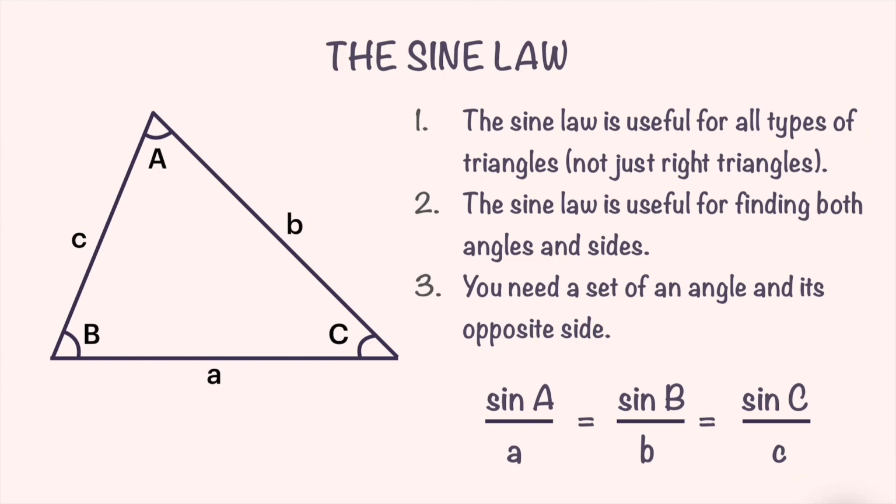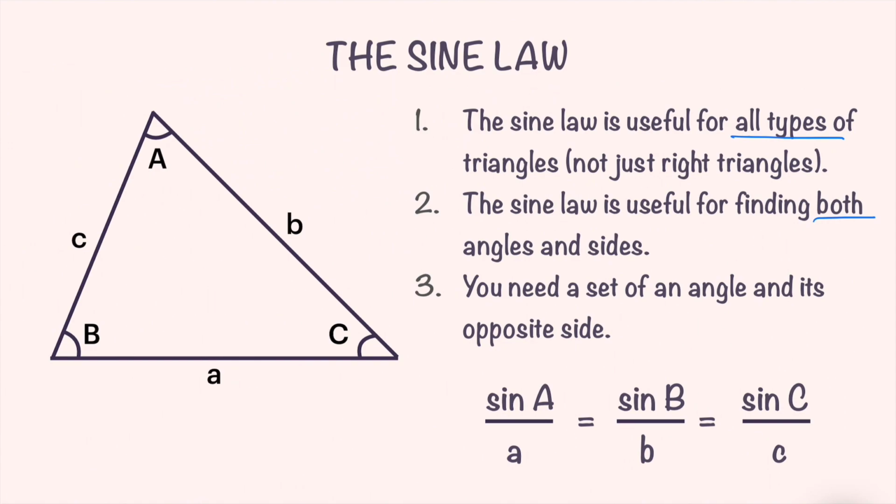First, sine law is useful for all types of triangles and not just the right triangles. Second, sine law is useful for finding both the angles and the sides. Pythagorean theorem, for example, can only be used for right triangles and it cannot be used to find angles, but sine law can do it all, meaning it can be used for all types of triangles and find both angles